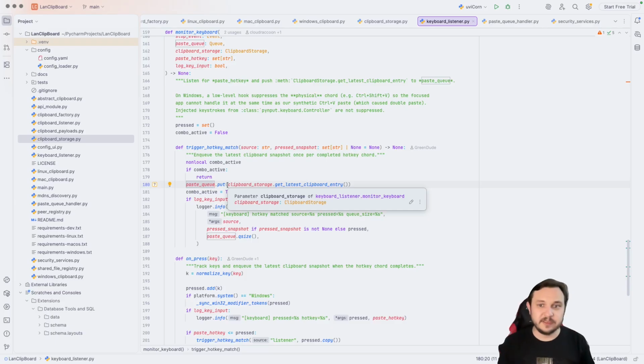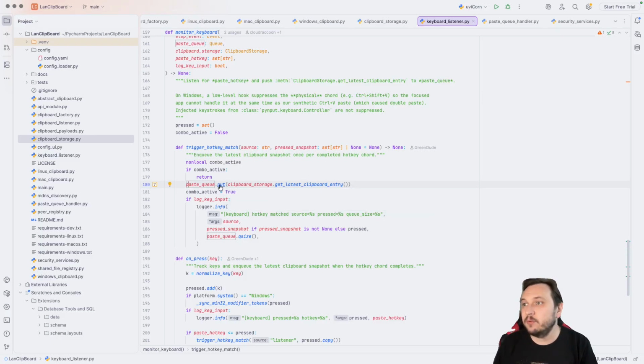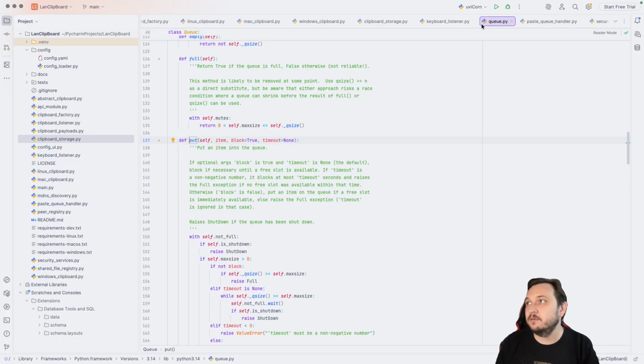From my personal experience, if a machine is fast enough, you would not even notice that the paste queue is actually there. It is emptied before you are done with pasting everything or anything. But it is still there just in case we have a big amount of data. So what happens in the paste queue is that when we put something in the paste queue,